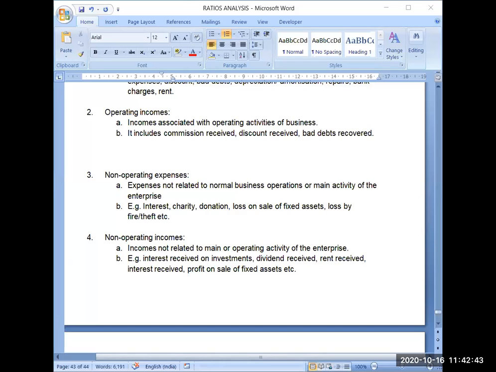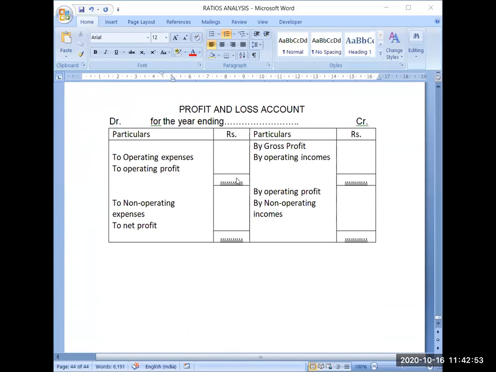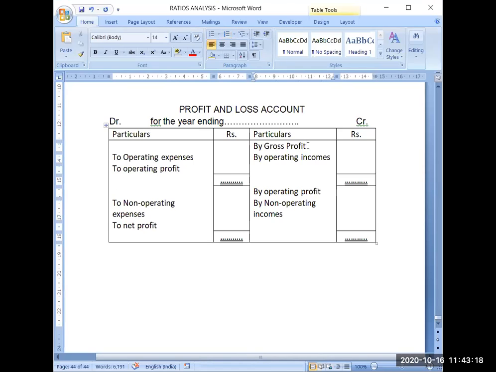So this we have discussed about operating and non-operating. Now I will show you one more chart which you will be familiar about. You can see this chart. Last year you have prepared profit and loss account. We can do two parts of profit and loss account if we classify all the indirect expenses into operating and non-operating, and all the indirect incomes into operating and non-operating. So you all are aware about that from trading account we will get the gross profit, and we will write the gross profit here in profit and loss account.